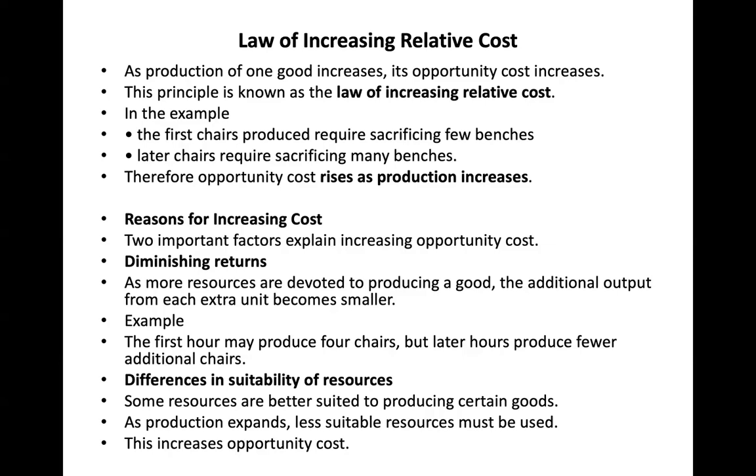So the first reason why opportunity cost rises as production increases is diminishing returns. As more resources are devoted to producing a good, the additional output for each extra unit becomes smaller. The laborers will be cutting themselves,